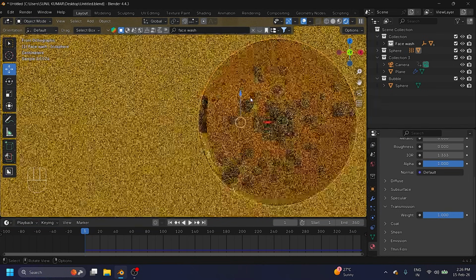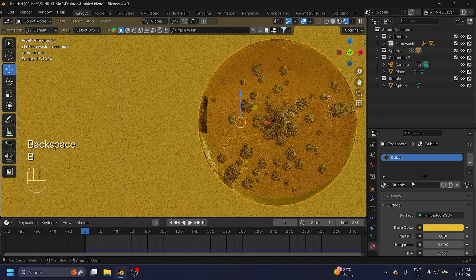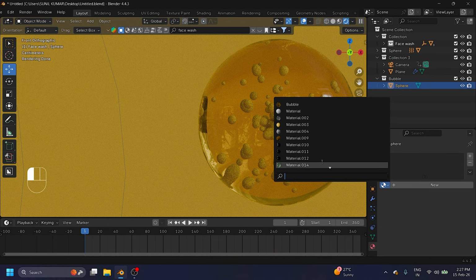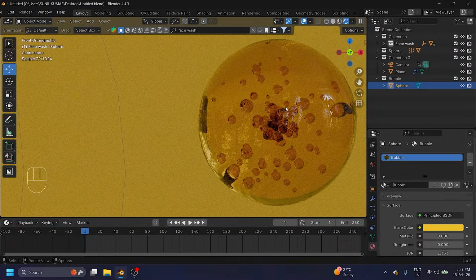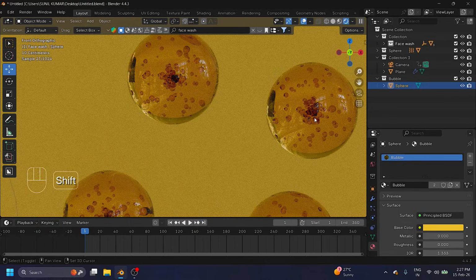Yes. See, that's my bubble effect. So material like bubble. Yes. And the same material, guys, I apply to this inside face, inside bubble, check. Yes. Great. Right? See guys, that's my bubble effect.